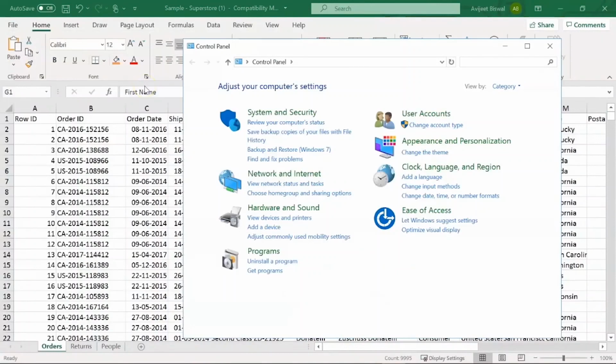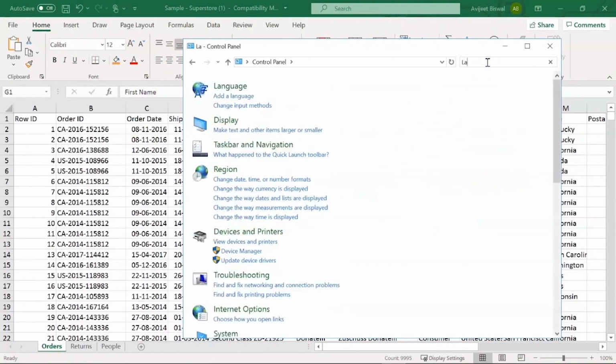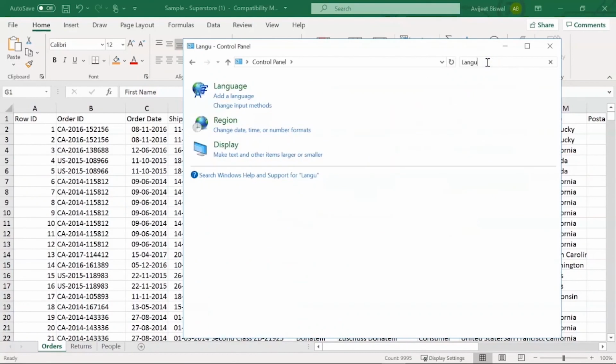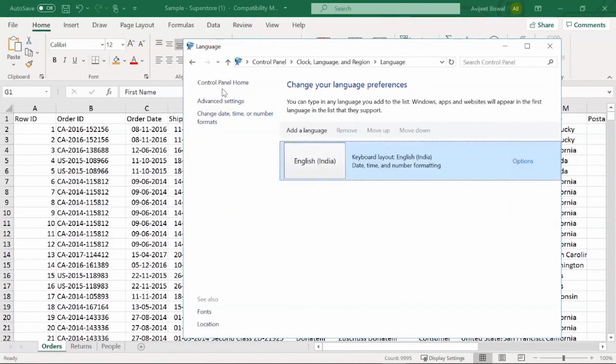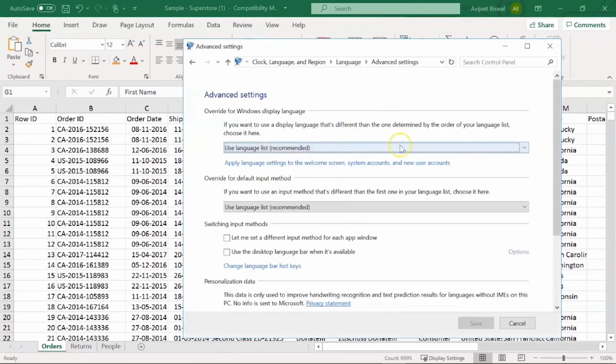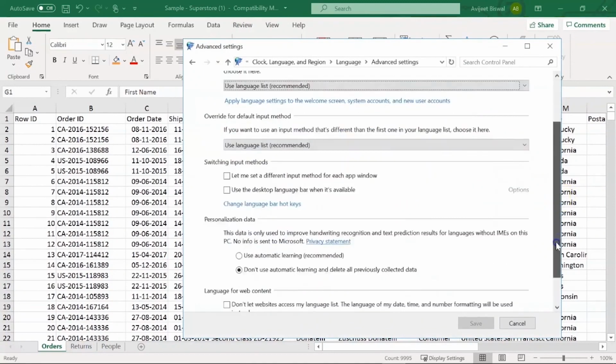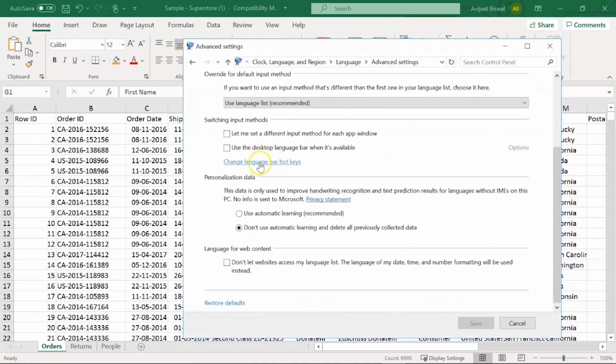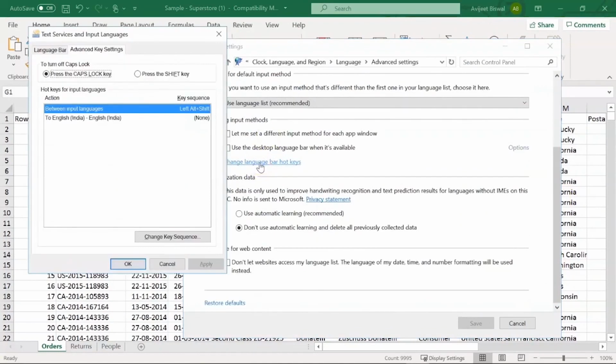I'll select it. And now I'll search for language here. I'll click on it. I'll go to advanced settings and then I'll click on change language bar hotkeys.